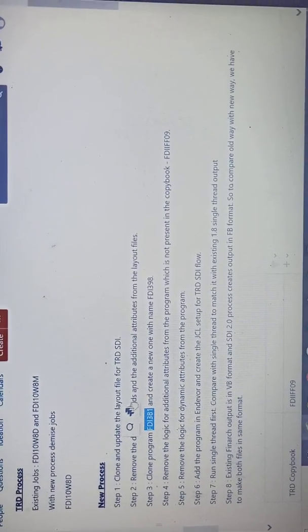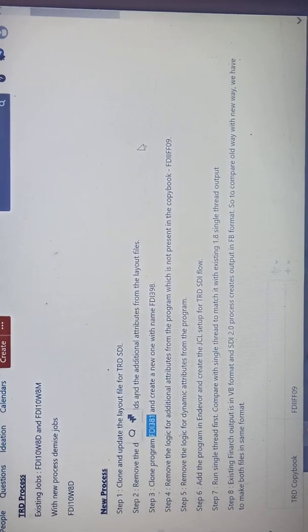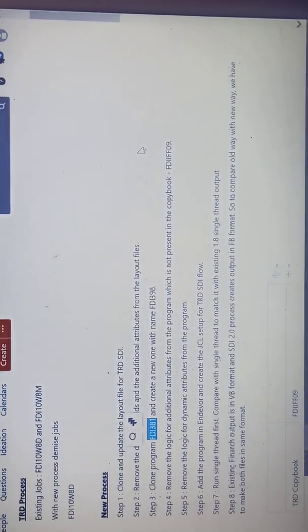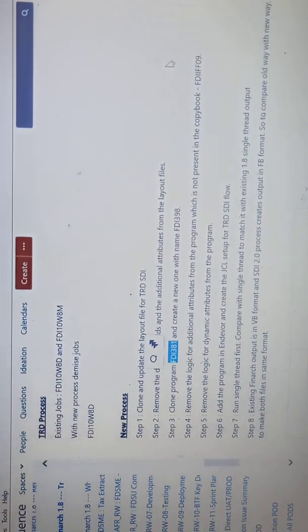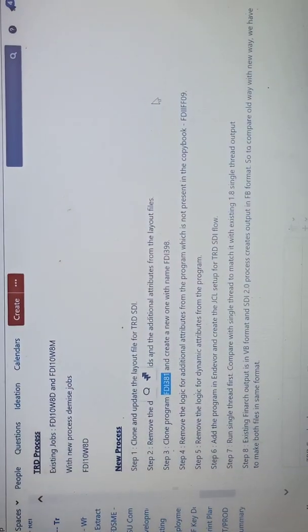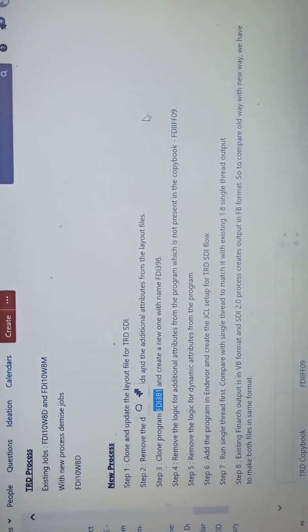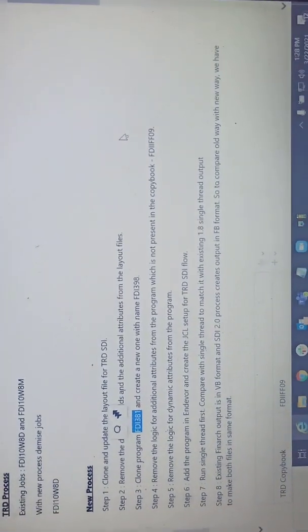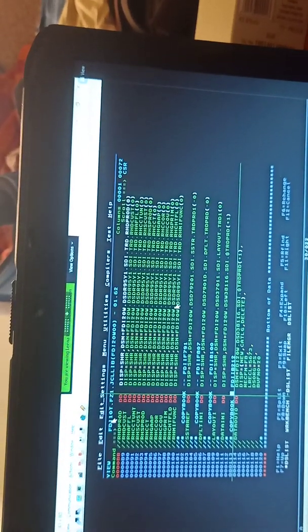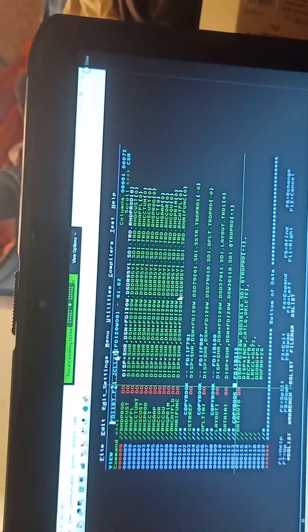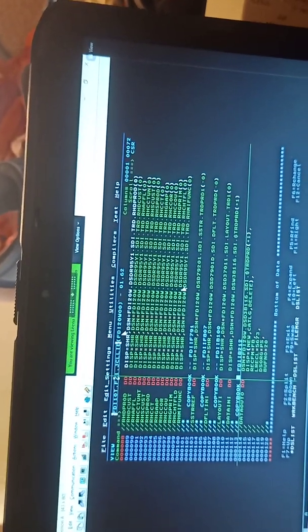So I think to start with, you can first try updating the layout file. Once that is updated, then start with the COBOL program. And once everything is done, I can give you the input files to test. Okay. That is the copybook layout side, and the program we need to test, changing this accordingly in my personal series, and we continue on that. Yes. And to refer to all these jobs, you can just go to this PDS 10t.fz1.js. Everything will be there in it. Okay. Any other question?